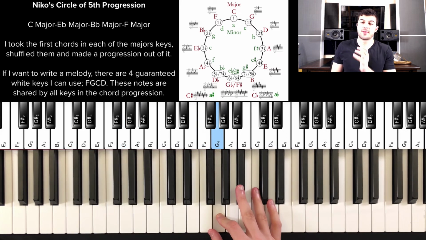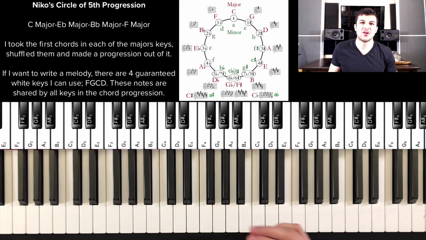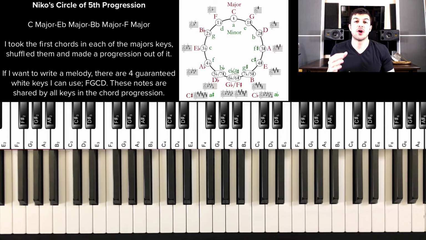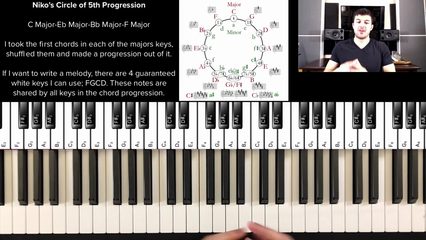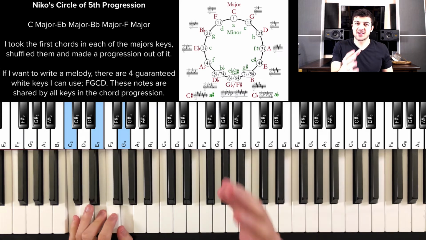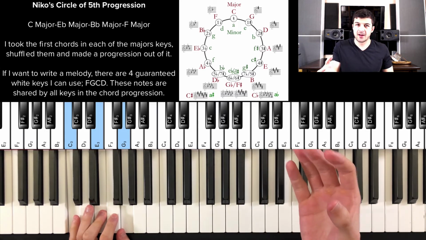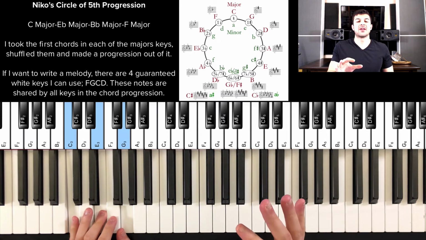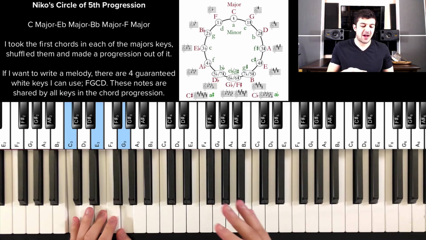That's the most conservative approach with this chord progression, because that way I'm not going to really mess up or have any of those weird-sounding dissonances when you don't really know what you're doing when you're jumping around. However, every time I play each chord in this circle of fifths chord progression, what I'm allowed to do is, every key that I jump around in, so I'm going from